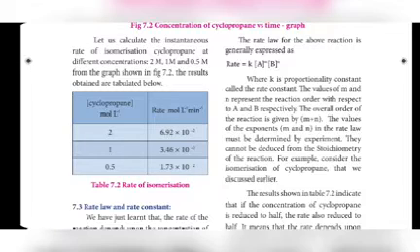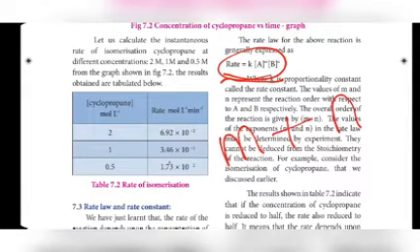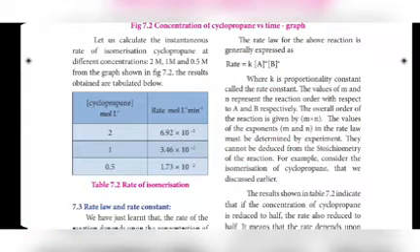Order means, that is not given here actually, but you must know that order is equal to the sum of the power in the rate law expression. Which one is the rate law expression? This is the rate law expression. In this rate law expression, which one is power? M and N. The sum of the power, M plus N, that is called order. Order is equal to M plus N. So that is given here. The overall order of the reaction is M plus N.